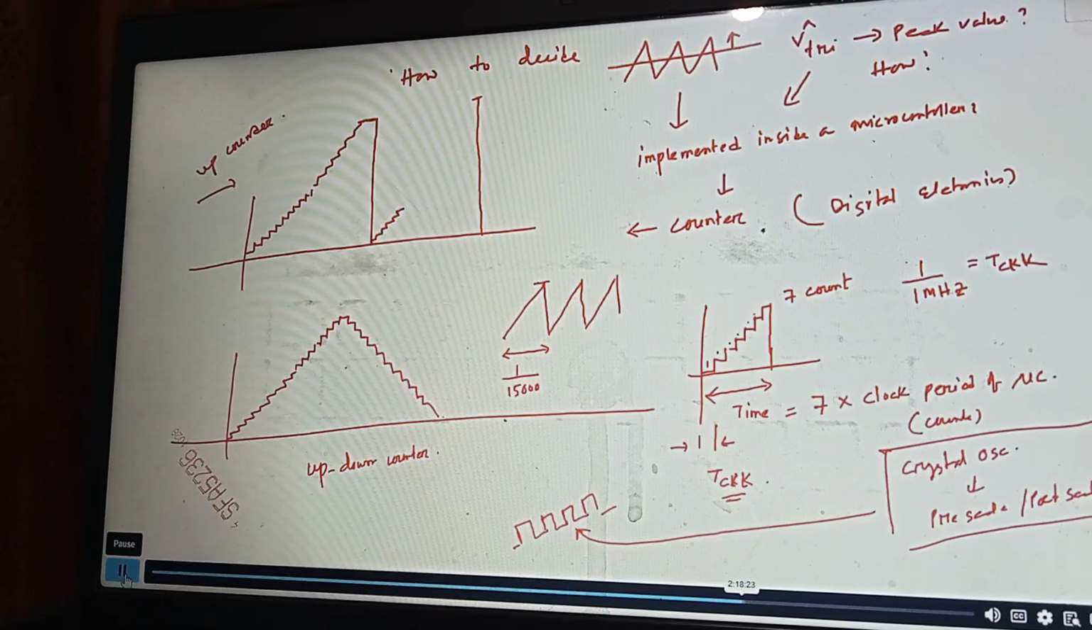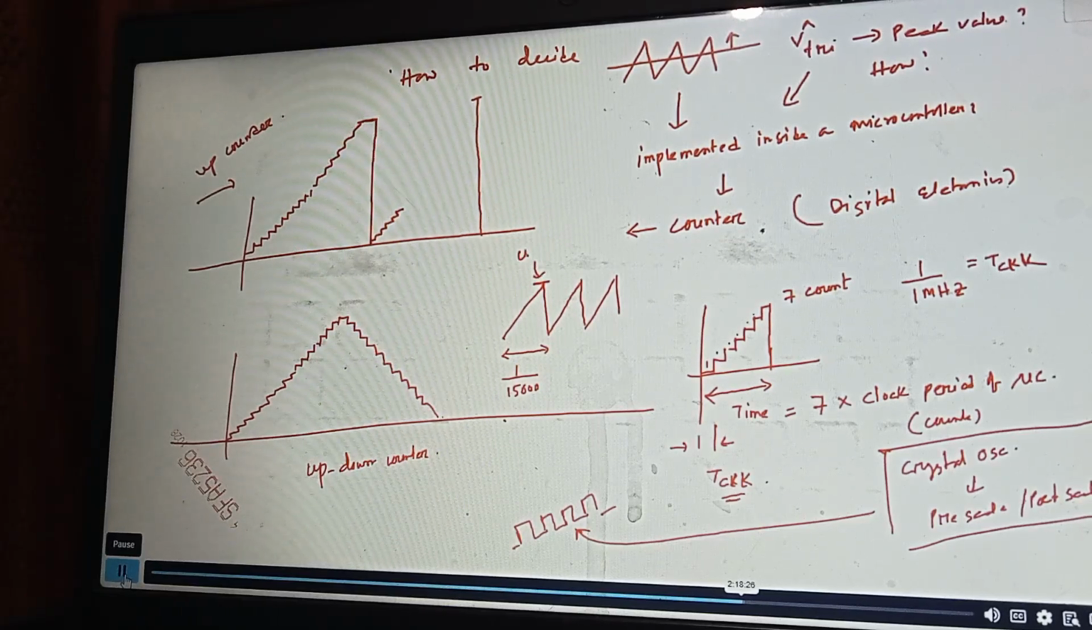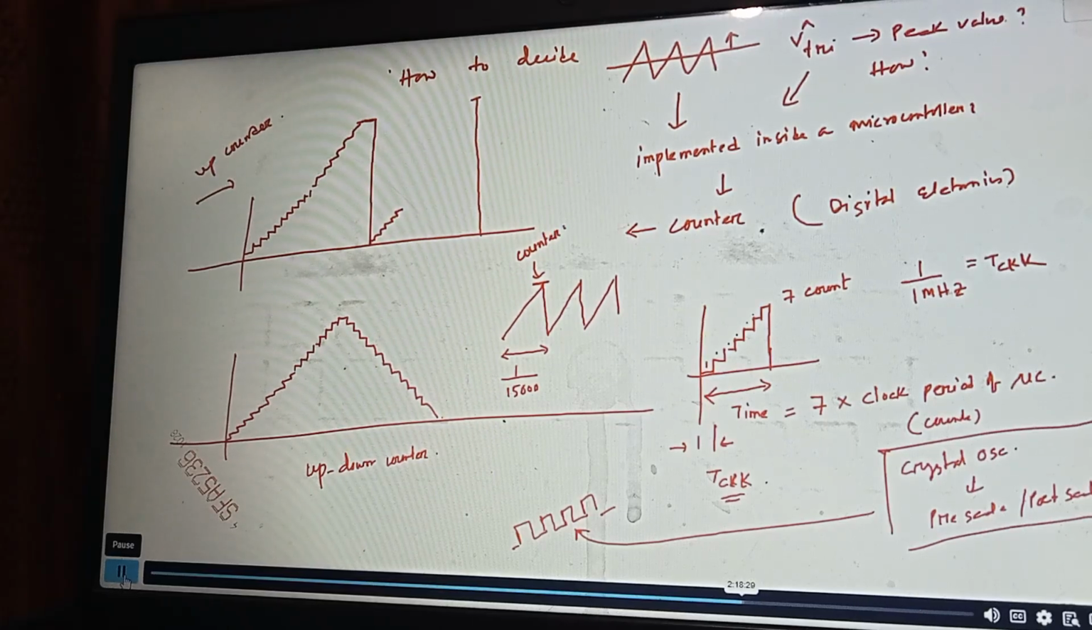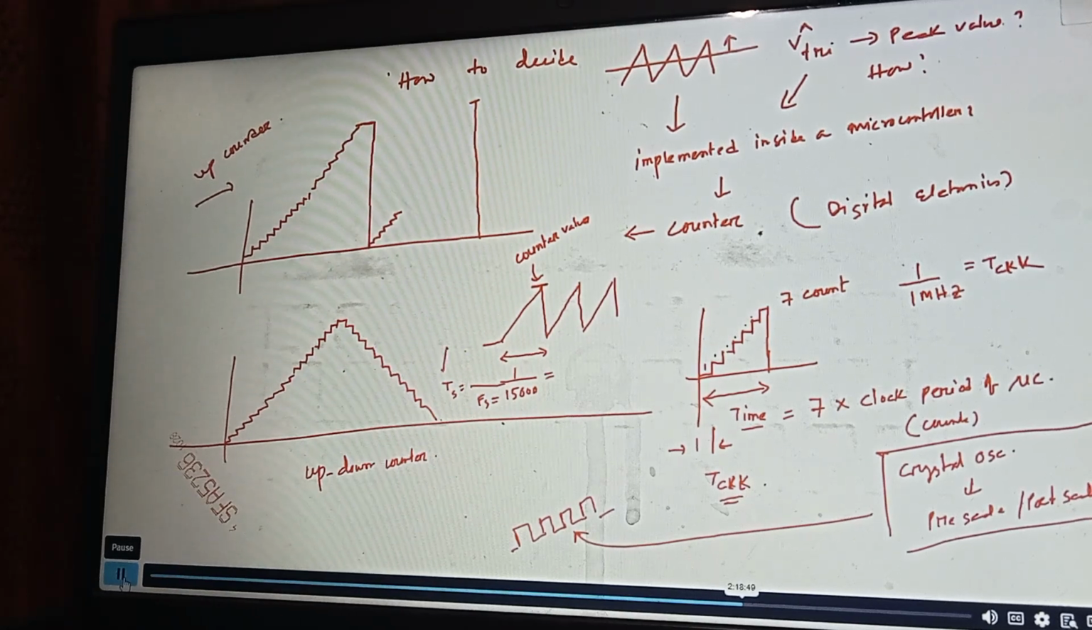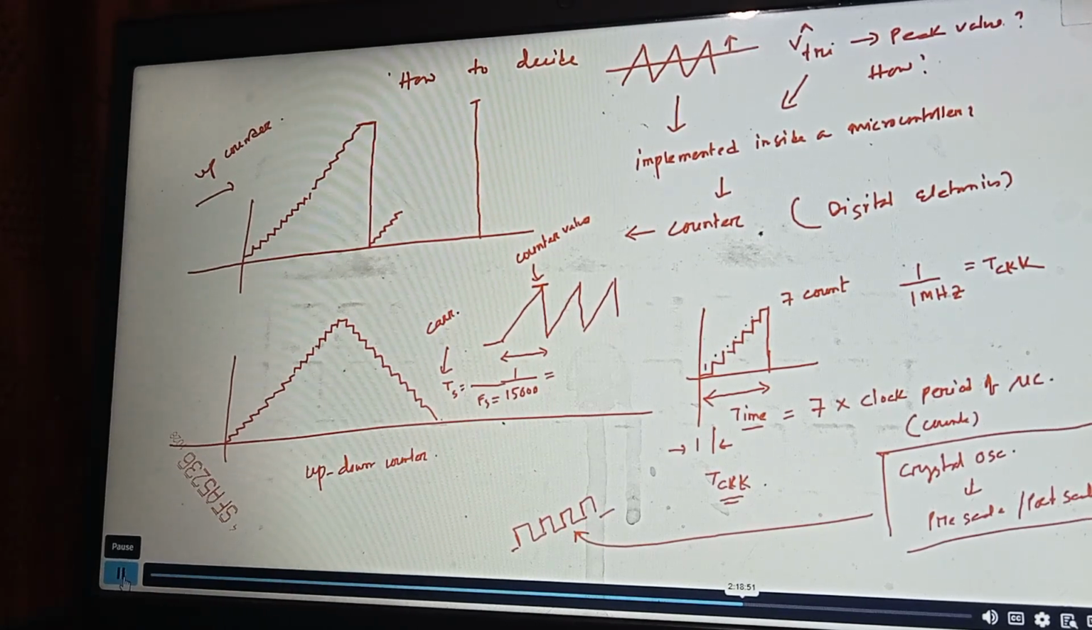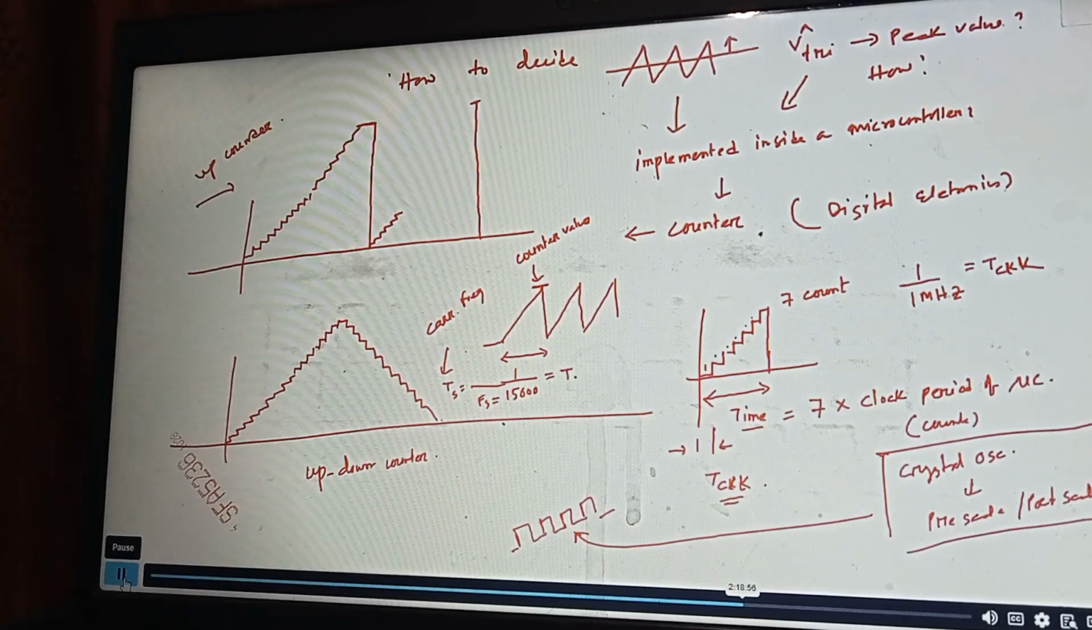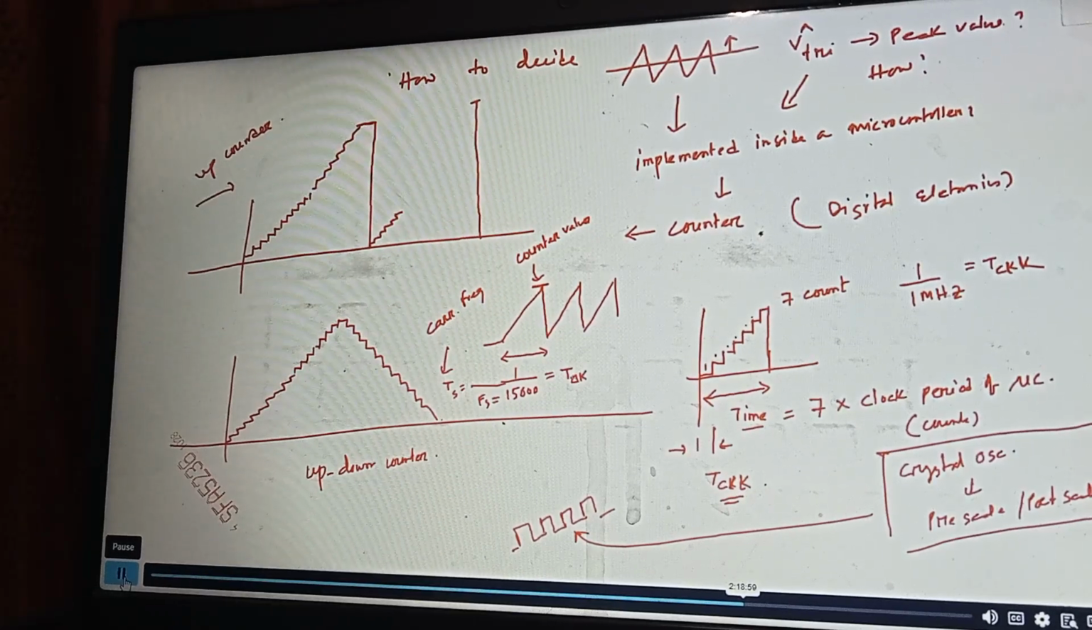Then from this you can find out what your counter value will be. How? See, this time is counter value into clock period. 1 by switching frequency is nothing but your carrier time period. So that will be given by T clock of the microcontroller into